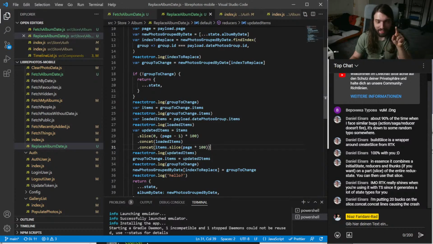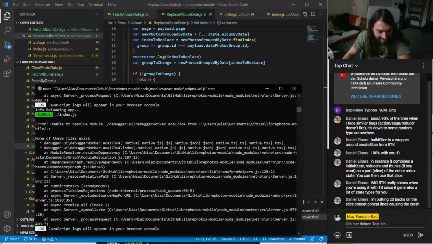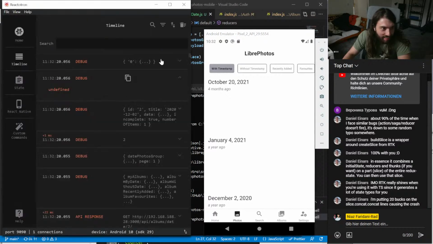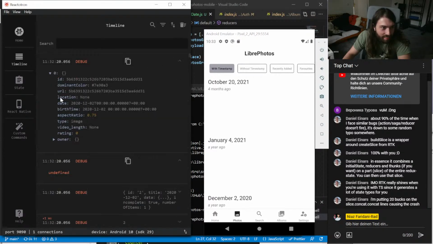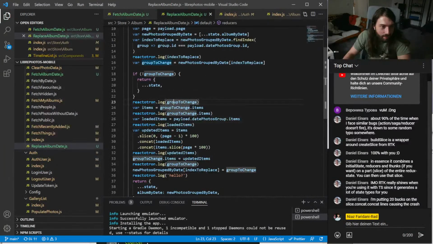Yep, but I took that one-to-one from the other thing. So like, why doesn't he show my crash? Just please. Just doesn't show any crash. So okay, this is like the items, right?